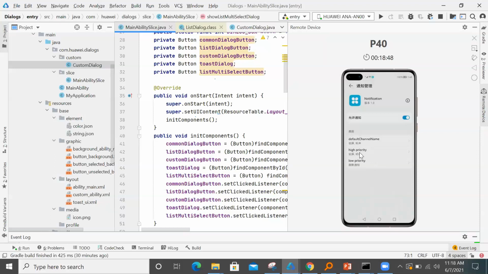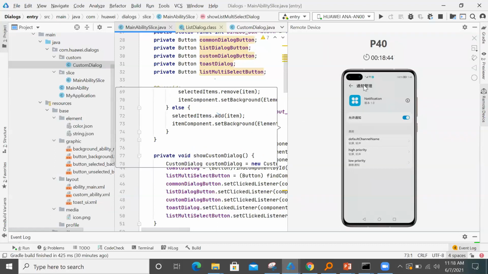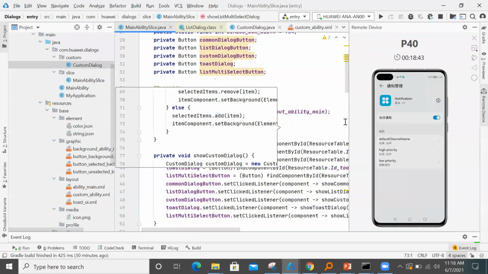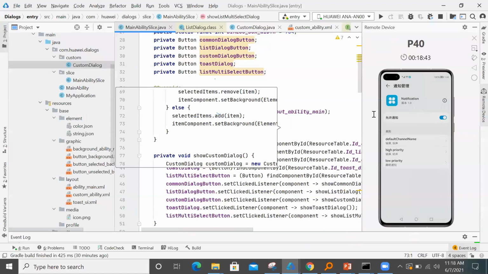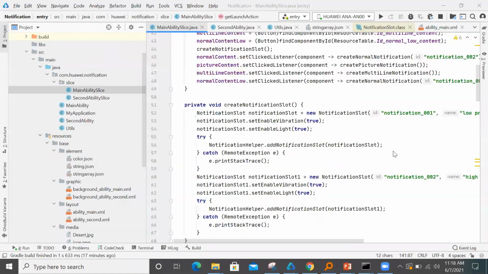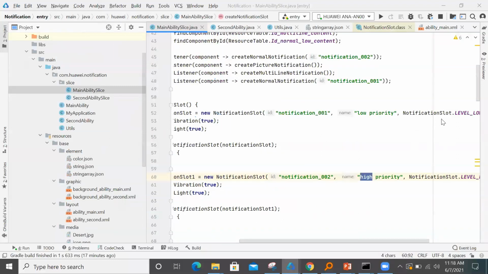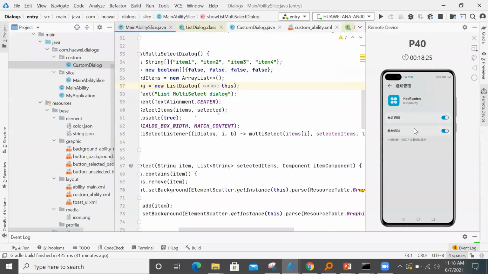Okay, whatever slot I have created here is mentioned here, the high priority one and the low priority one. Now here you can customize. If it's the low priority one, and you want to disable notifications or anything, you can customize it here. This is in Chinese, but once you convert it, it is about allowing or disabling notifications. Based on that, you can customize whether it is to be displayed or not.